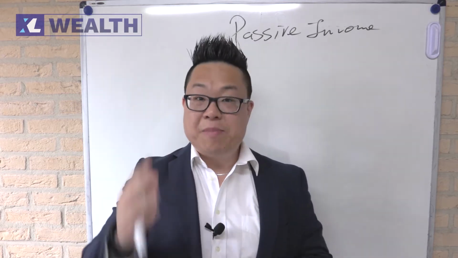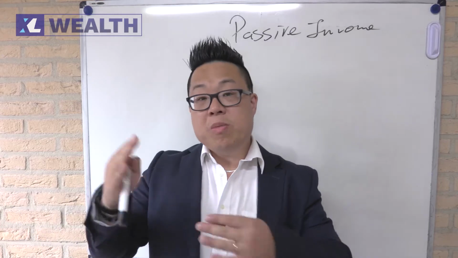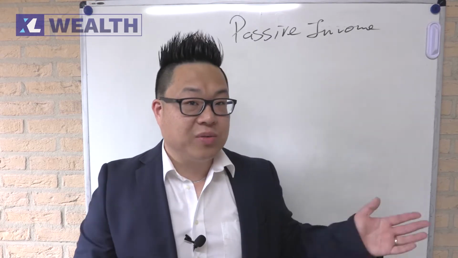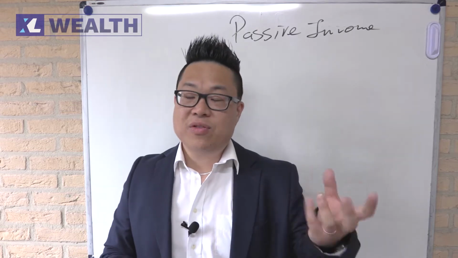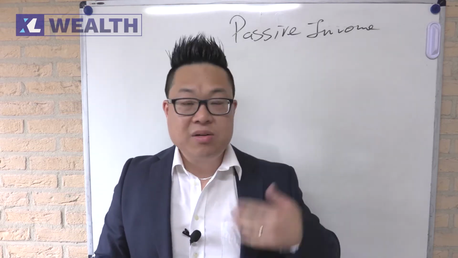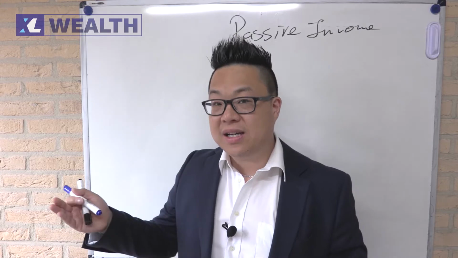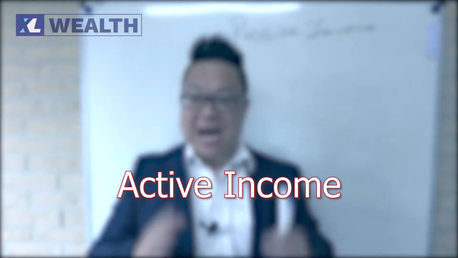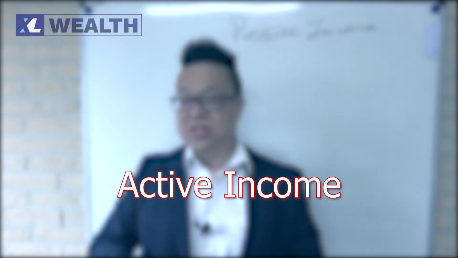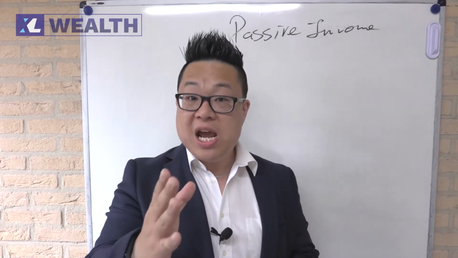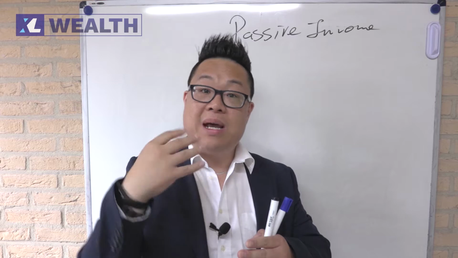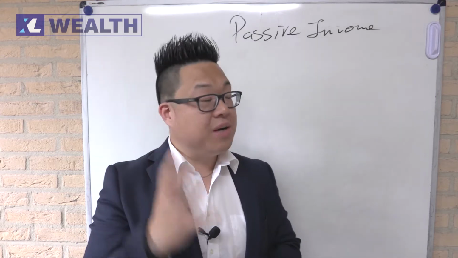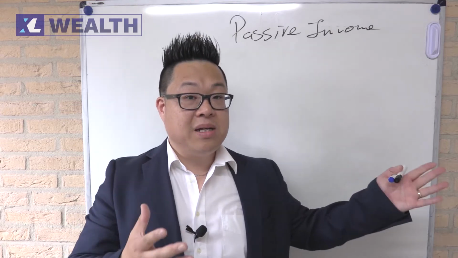Now, the idea of passive income is that the moment you've done the work already, you don't have to work that hard anymore afterwards. You just have to adjust now and then and money still keeps on coming. That's the whole idea of passive income. On the other end, of course, we've got active income. And active income is very simple. Every time you exchange your time, you get money in return. That's the idea of active income.